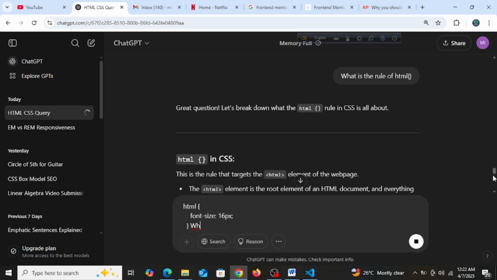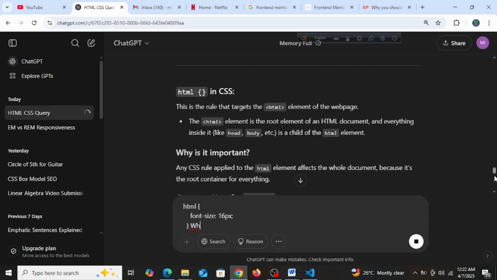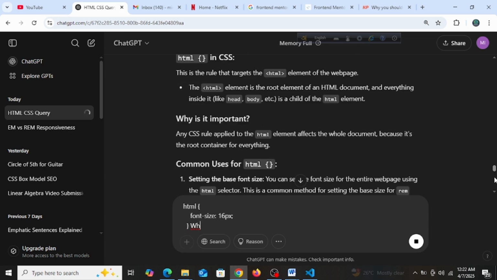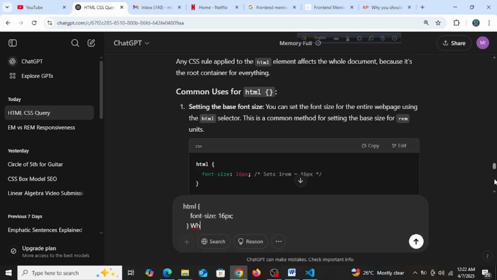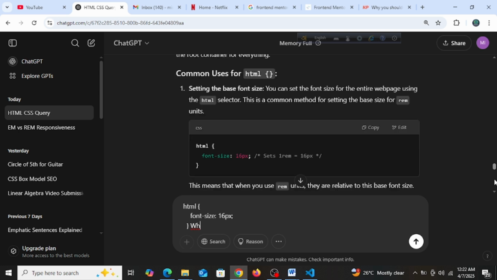Yeah, this is the rule that targets the HTML element of the web page. Why is it important? The HTML element is the root element of the HTML document, and everything inside is HTML. Any CSS rule applied to the HTML element affects the whole document because it's the root container for everything. Common uses for HTML: setting the base font size. You can set the font size for the entire web page using the HTML selector. This is a common method for